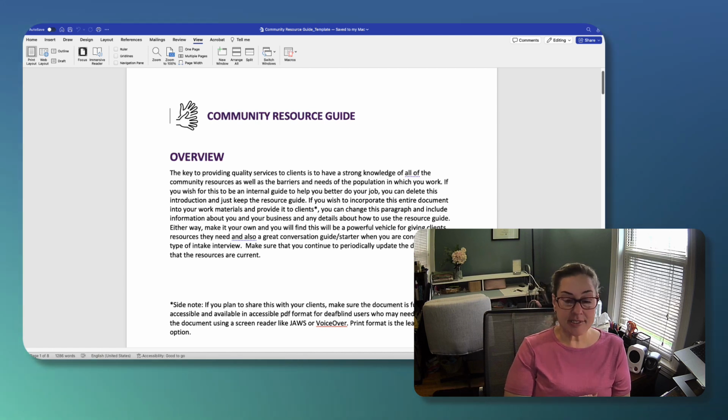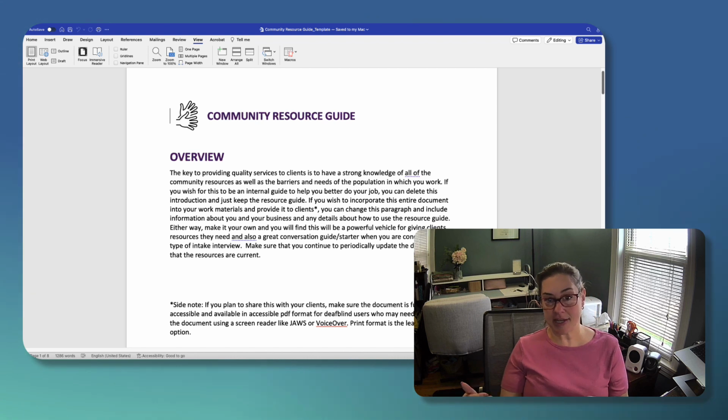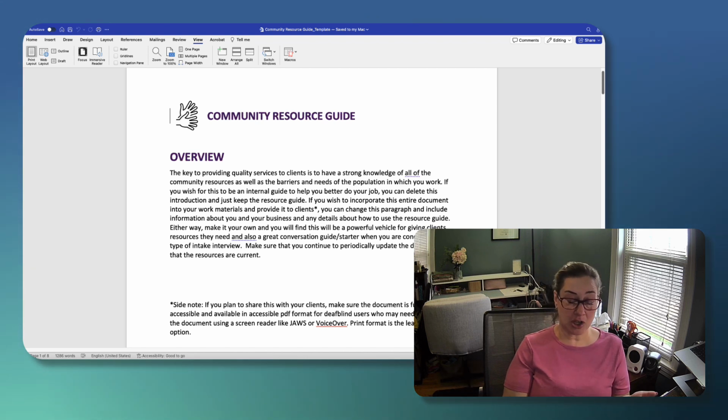I will say, since we are talking about deaf-blind, that if you do plan to share it externally, you want to make sure that your document is fully accessible and available to your client in a format that they can use with a screen reader. Obviously, a print format is going to be the least desirable option for someone who has a vision loss.